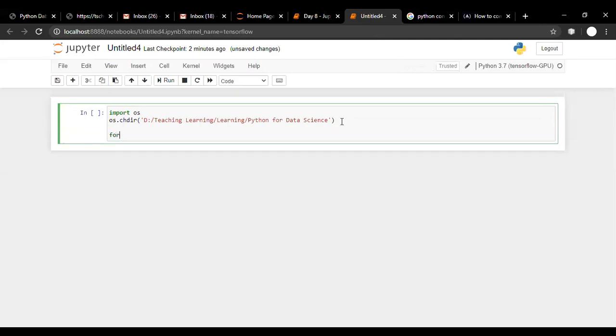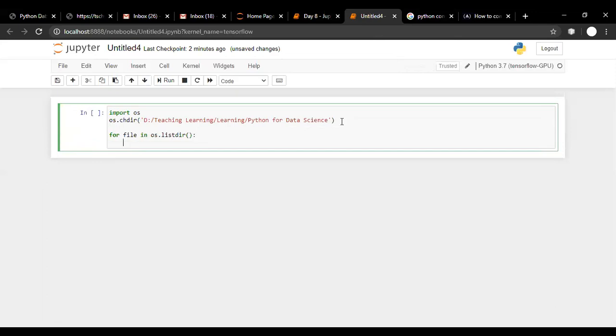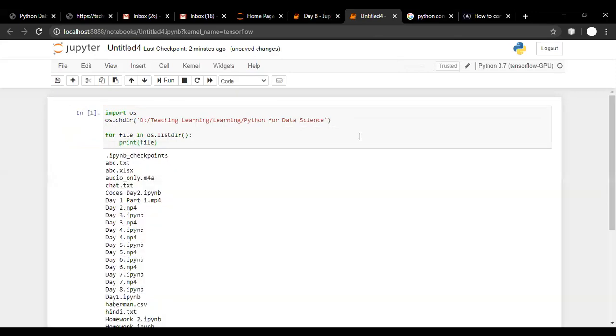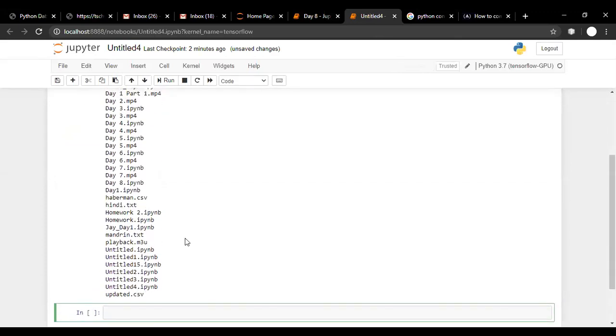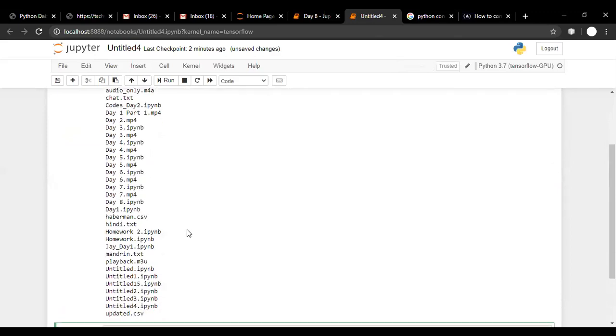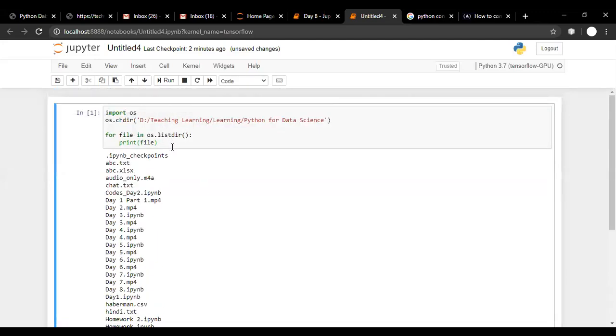You can do it using a for loop: for file in os.listdir, print file. So haberman.csv file is there. So I'm in the proper directory.